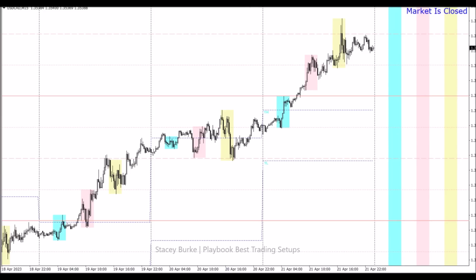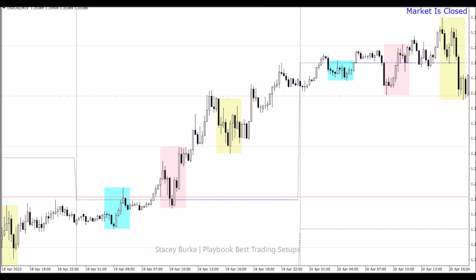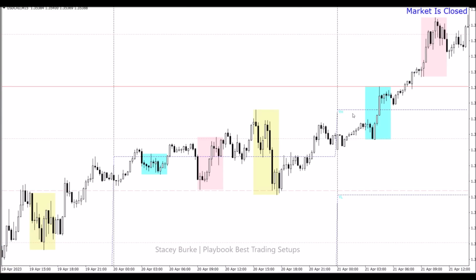Thursday, 8:30 a.m. New York time, we had major red news. So just looking for simple trade setups after major red news has been released. There were no first bounce opportunities. The Aussie dollar gave a first bounce. We'll look at that in a second. But in terms of just going back to our normal setups, we have